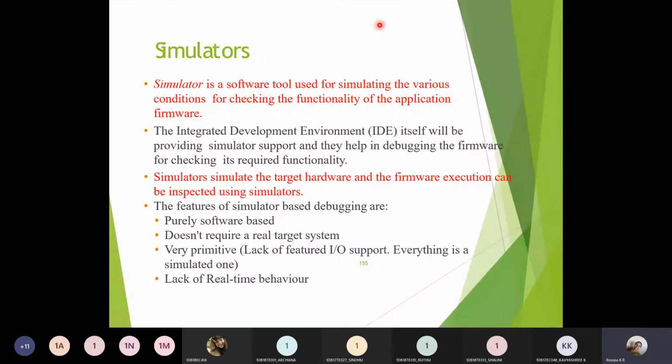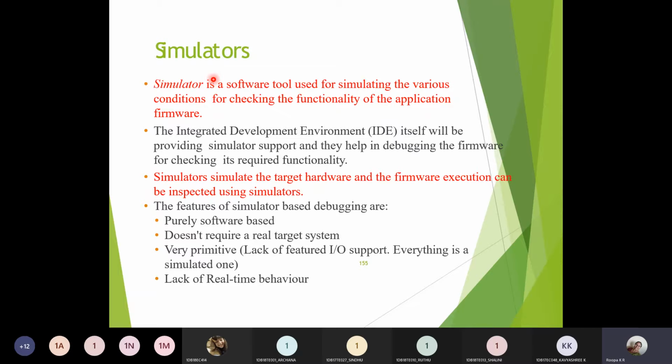So what is the main advantage of the simulator? The primary factor is cost reduction. If you are using hardware components in building any circuit, and at some point during the designing process you feel that this hardware component is not the correct component, and we need to go for some other component, then whatever cost was invested in that particular component will be wasted. Such things can be overcome if you are using a simulator.